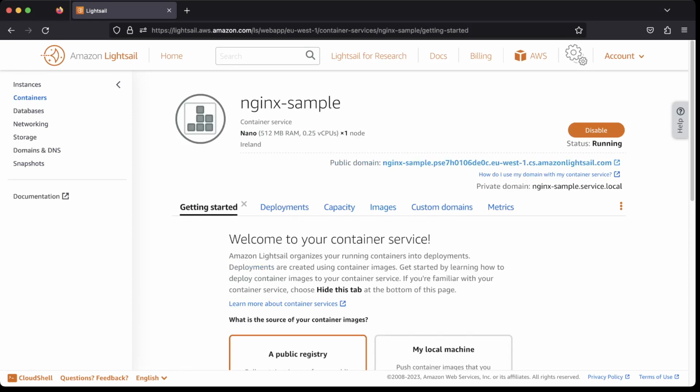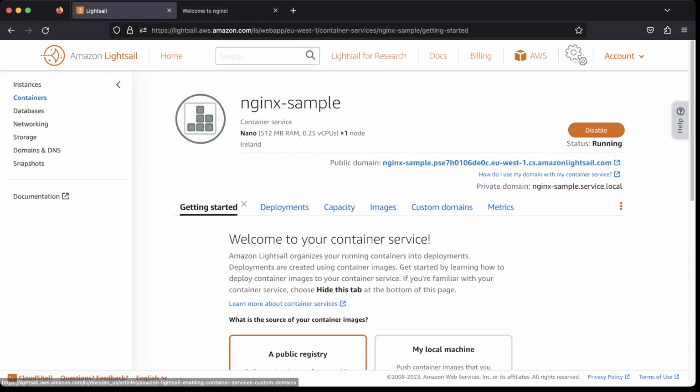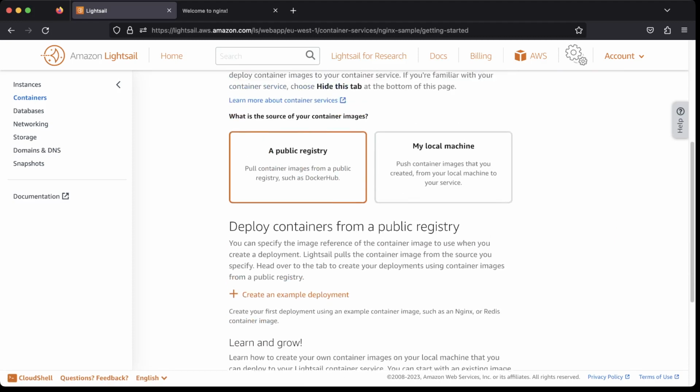Okay, at this point our deployment is ready, and this is our URL. If we click on this, it's just going to take us straight to Nginx. So we can see the Nginx we deployed is running with the URL. Basically, we want to explore the container